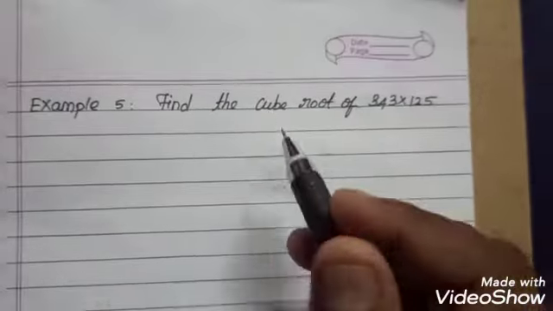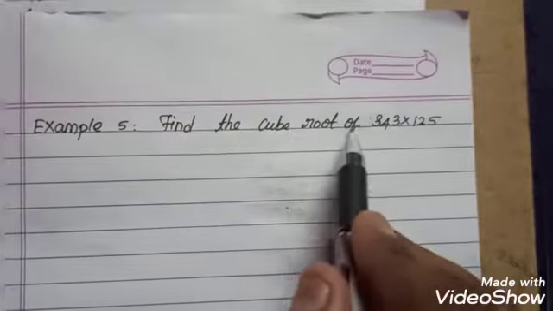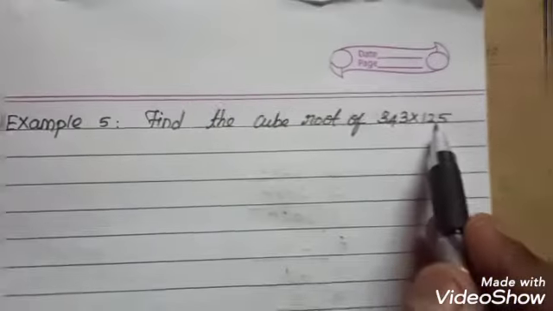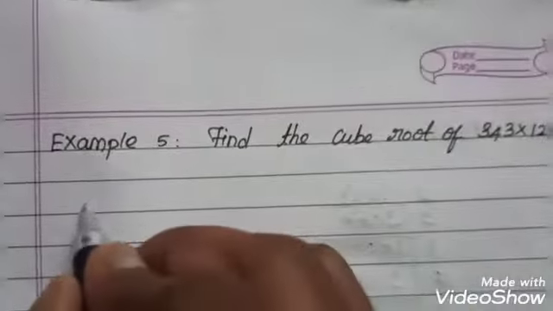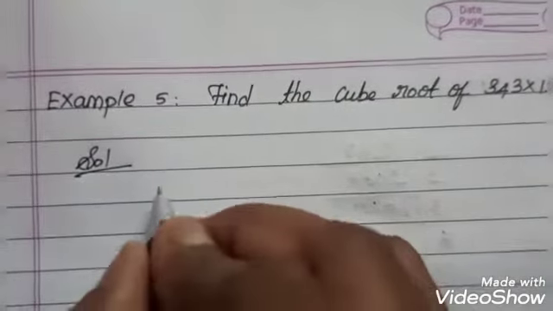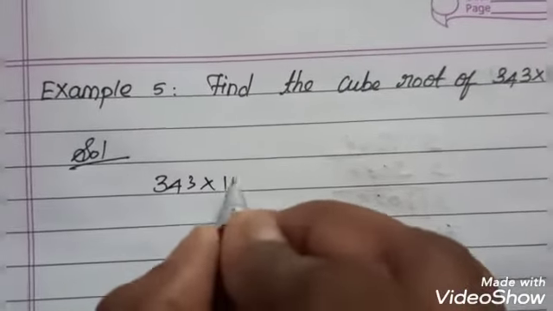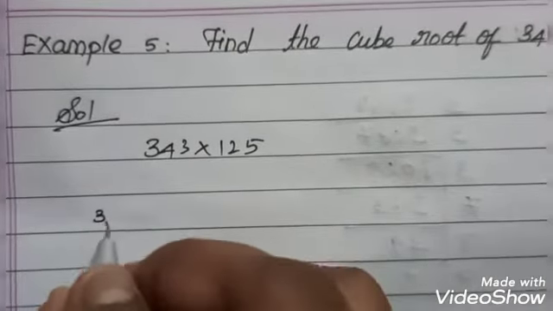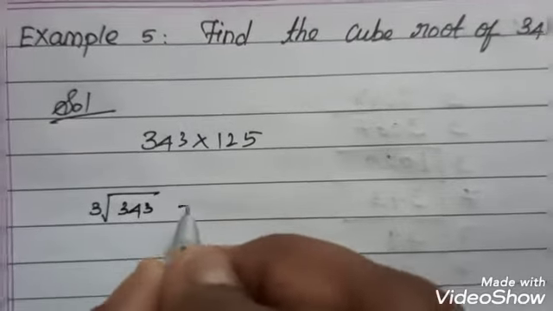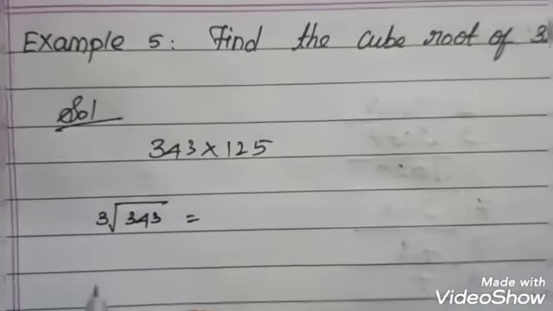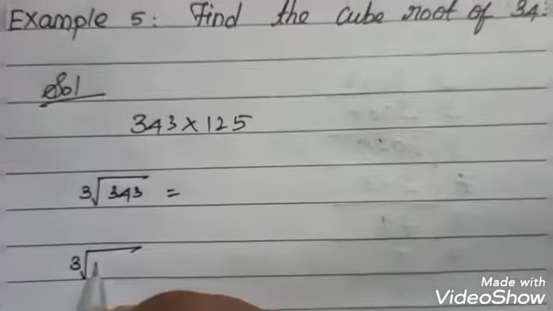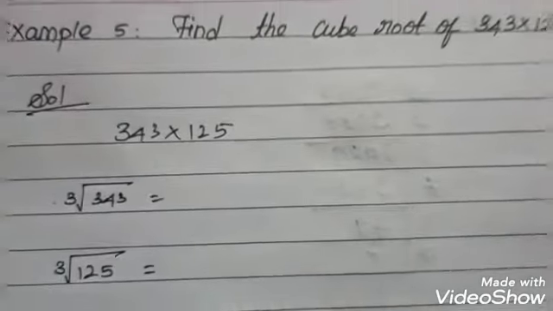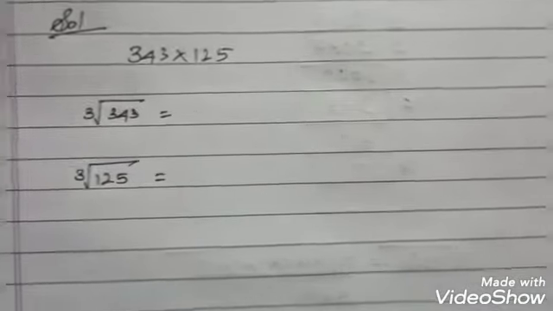So next we move on to example number 5. Example 5, find the cube root of 343 into 125. So you need to take a solution. First you take this question, 343 into 125. So separately you need to find the cube root. So the cube root of 343 is equal to, and then the cube root of 125 is equal to. You don't need to take prime factorization or any division method. You just go to